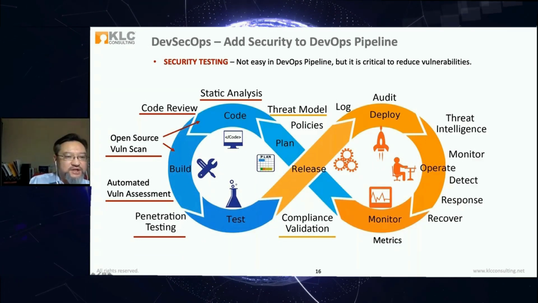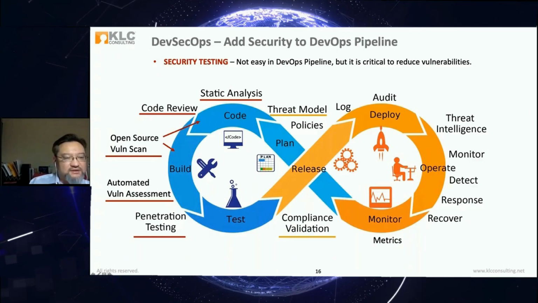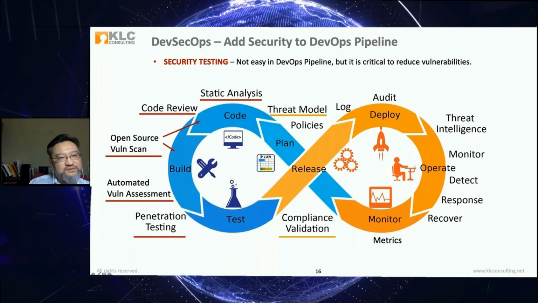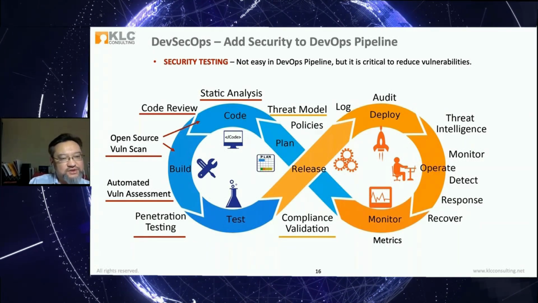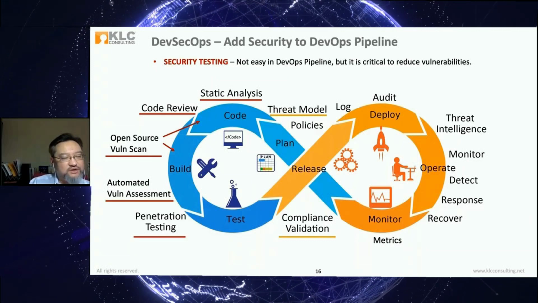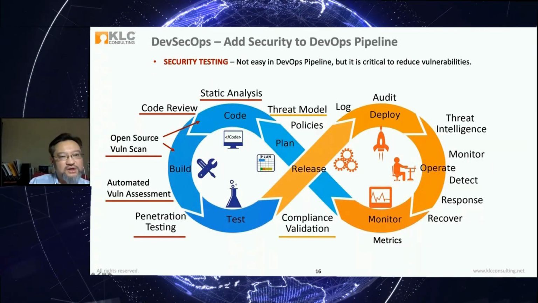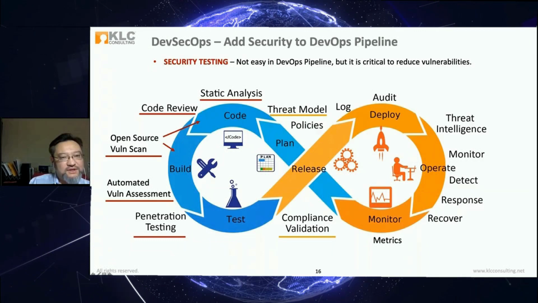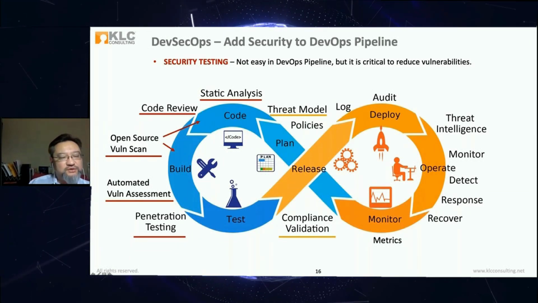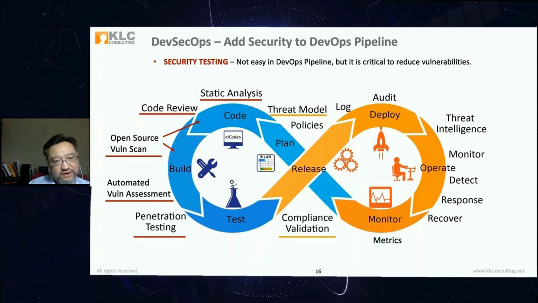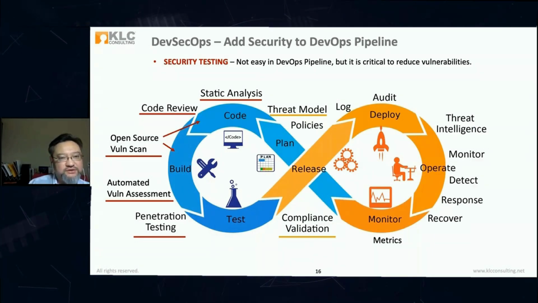Okay? And the penetration testing. This is something that's probably not possible to put into the pipeline, but it is something that you want to consider. As we mentioned, with manual penetration testing, you do find more vulnerabilities that way. On the top, there's threat modeling. I want to bring it up because when you do the threat modeling, you understand who the threat actor is and what the threat vector is, what some of the risks are, so you can generate the security requirements for the developer to mitigate some of the risk ahead of time.